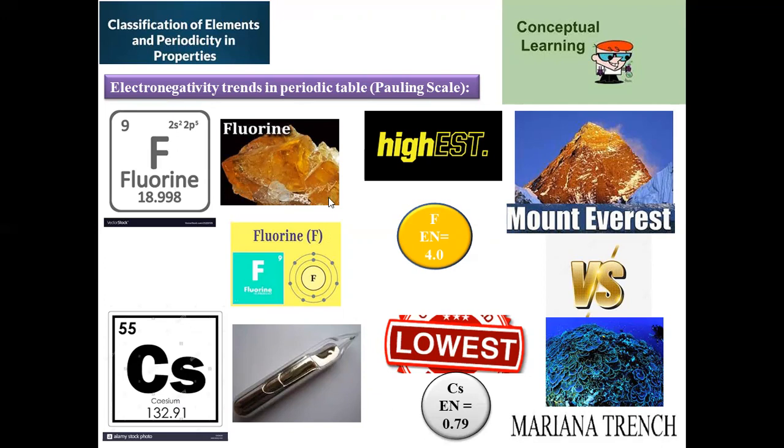By this, we completed what is electronegativity, how it is distinct when compared to ionization enthalpy and electron gain enthalpies, and how we can calculate based on the Mulliken scale and Pauling scale, and what the trends are in a period and a group of the modern periodic table, and what the highest and lowest electronegativity values are in the entire periodic table. These topics will help you for your preparation.